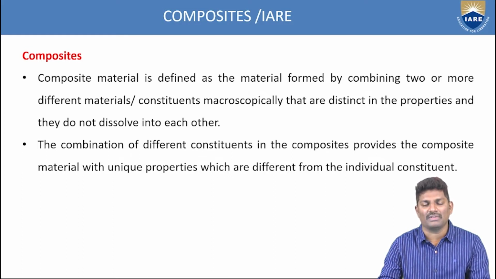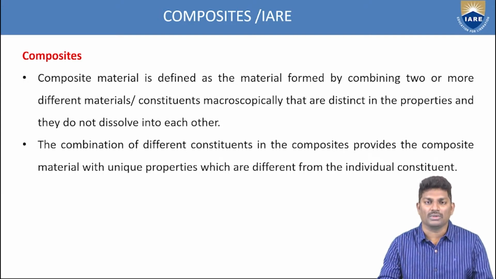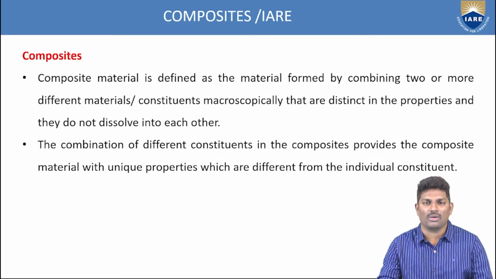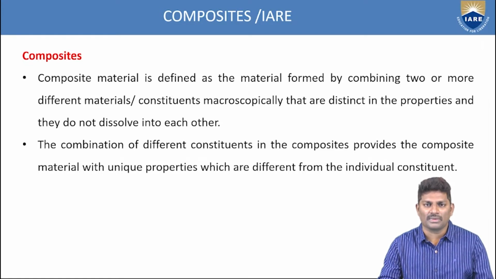So single materials are different from composite materials. Materials which have only a single metal or single atoms are called normal materials. But a composite material is a combination of two or more. It should be two or more materials, then the combination refers to a composite material. And the properties also vary. If it has two different types of materials, each material will have its own properties. Now if you combine these two materials into a single material, the properties can be enhanced with the help of these composite materials. And what is happening? These two materials do not dissolve into each other.